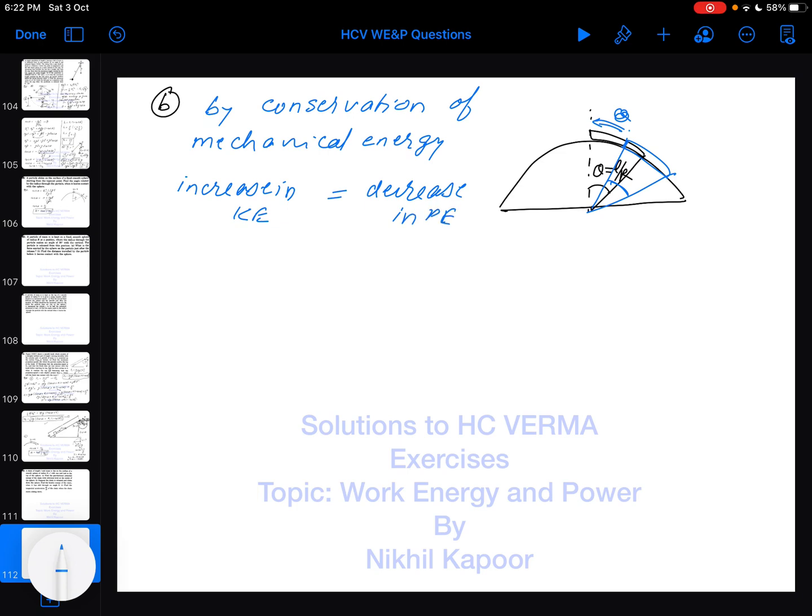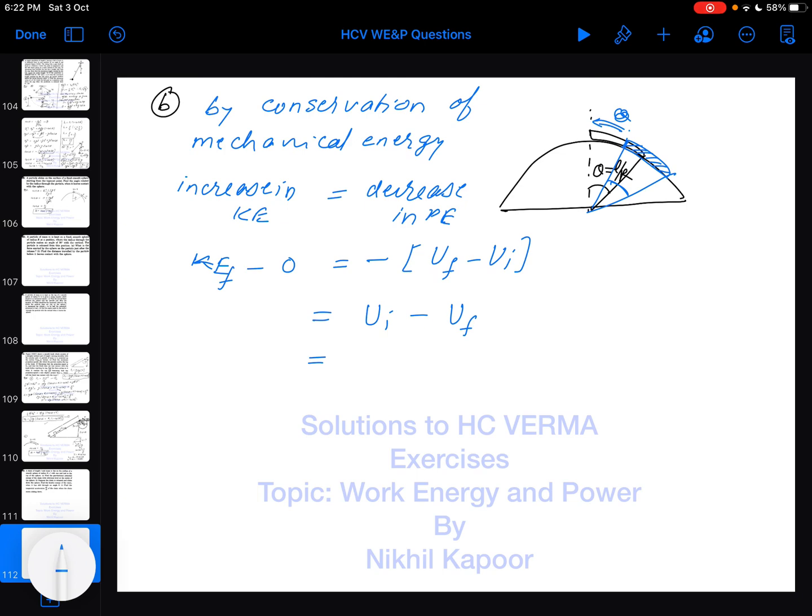So the increase in kinetic energy will be final kinetic energy, half mv square, but we have to find only kinetic energy, so we will not write half mv square, I will write just kinetic energy final of the chain minus kinetic energy initial, which is 0, is equal to the decrease in potential energy. So potential energy final minus potential energy of the chain initial. Now, as we know very well, what would be the potential energy in the new position? So this minus sign will get inside and it will be initial potential energy minus final.